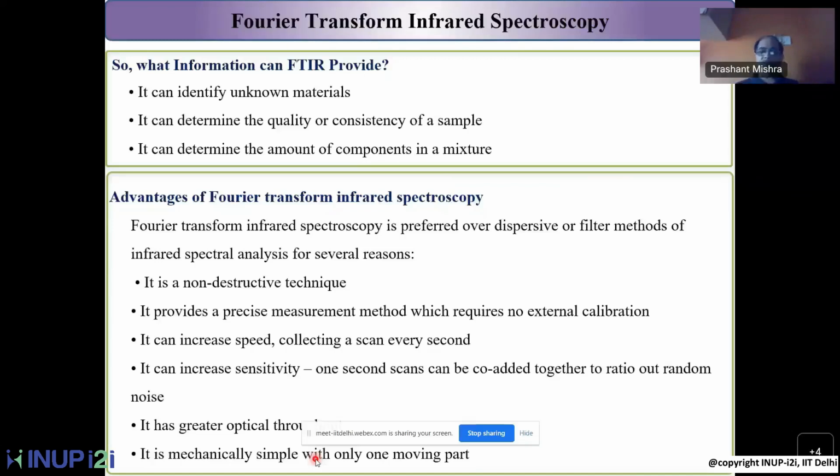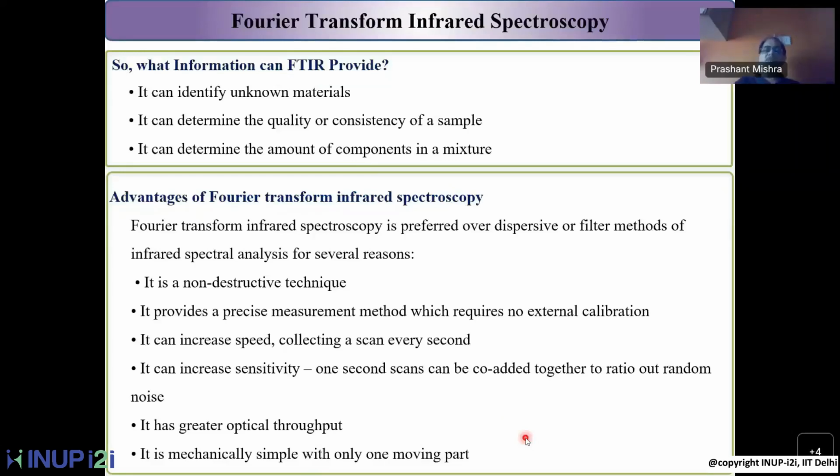So what you are doing is that you are reducing the random noise. For example, you are taking the IR spectra using FTIR. Whenever I put it, I will put it for 3 minutes. In 3 minutes, the spectra is recorded by the system, say something like 256 scans. Normally when you use this FTIR, you fix the number of scans you want. That means that many times your spectra has been collected, and then it is co-added, and this is where